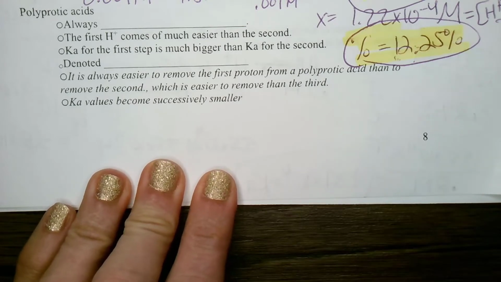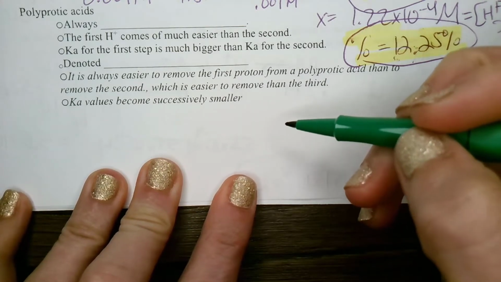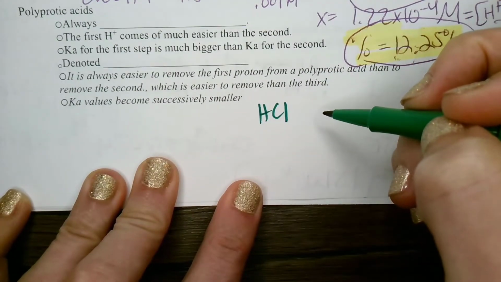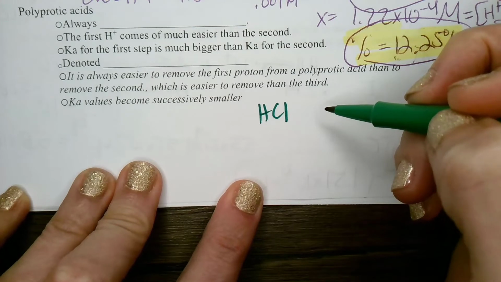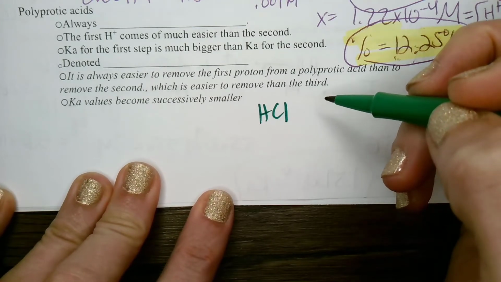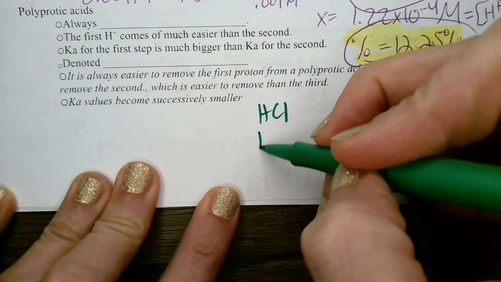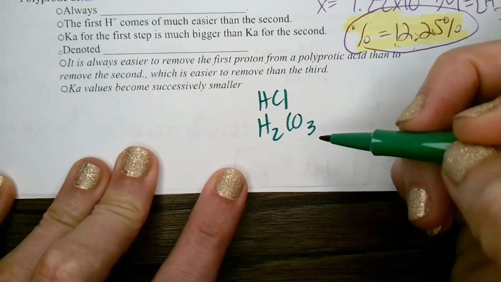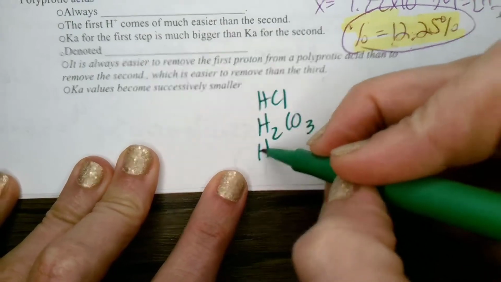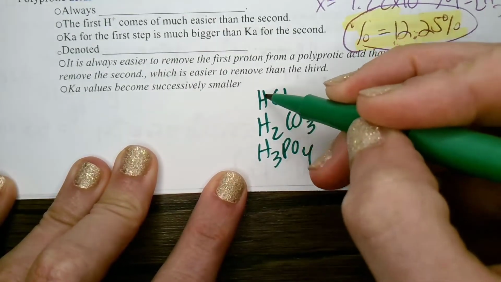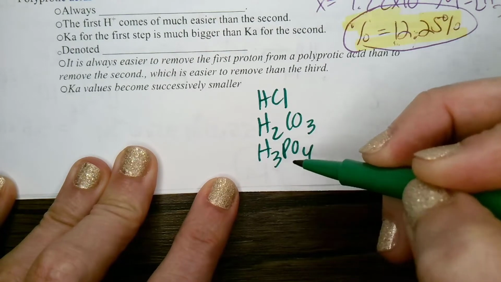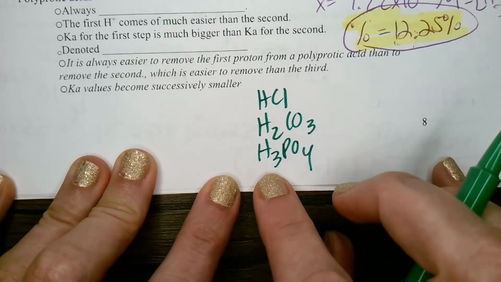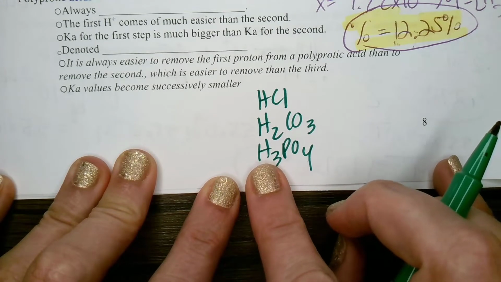Just to remind ourselves of some notes, a monoprotic example might be HCl, a single proton in hydrogen chloride. A diprotic acid, something like carbonic acid, H2CO3. And a triprotic acid, like H3PO4. Mono, di, tri. So when we say polyprotic, we just mean more than one hydrogen when it comes to